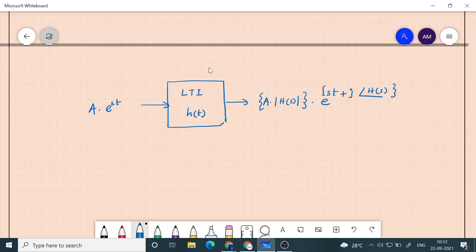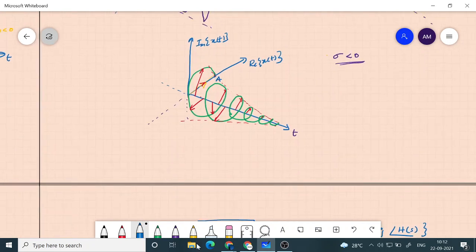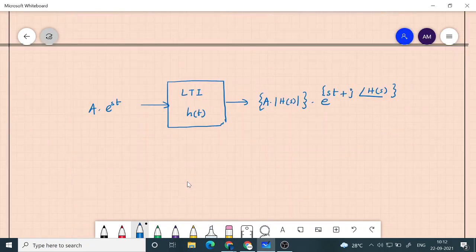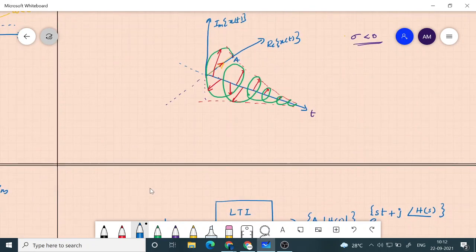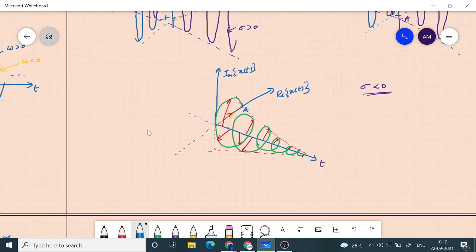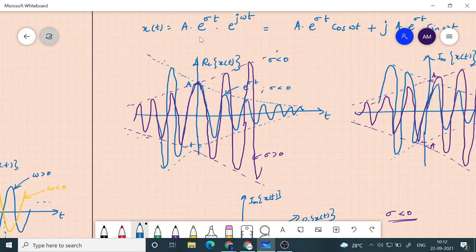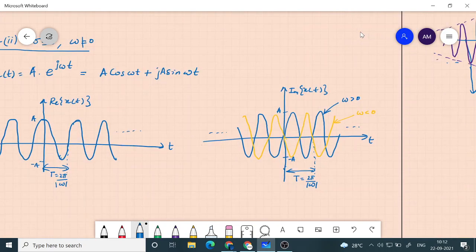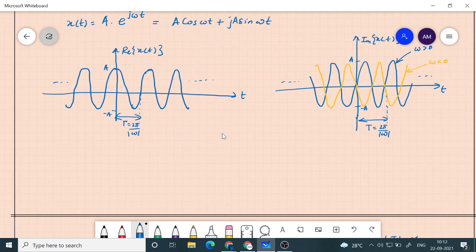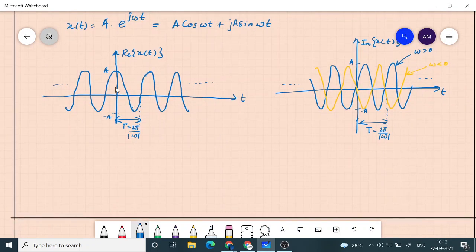Now if we go back to the plots that we did, changing the amplitude means what? Changing basically the length of this rotating vector. Maybe let's take the case where sigma is 0, it's easier to see. If I change the amplitude without changing the phase, it will be a small sine wave.